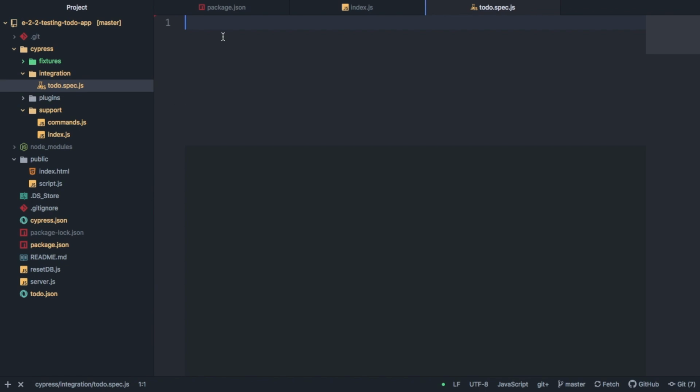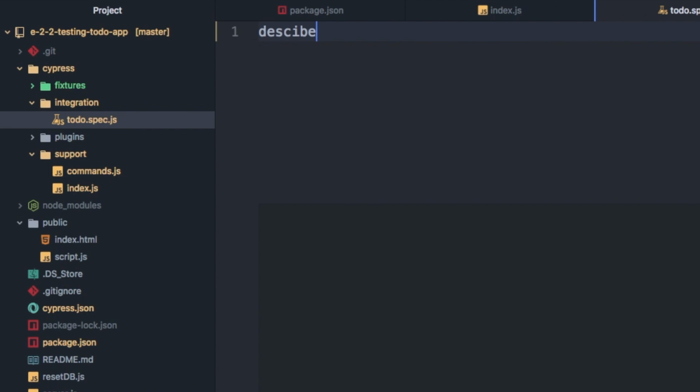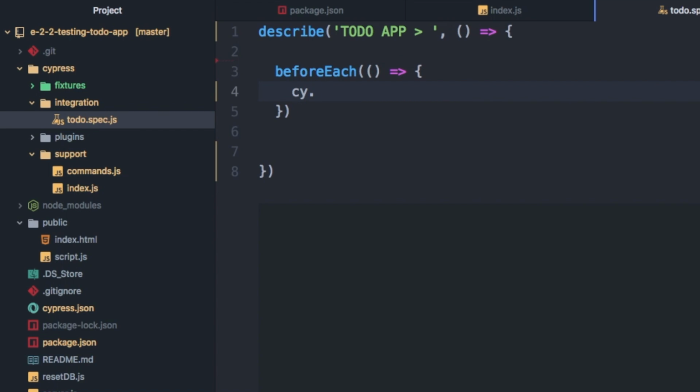So inside this todo.spec, Cypress uses Mocha globally, so we're able to use describe, which if you've ever used Mocha for testing, you'll know about. So we're going to give a description. We're just going to describe it as todo app. And now inside here, we're going to start writing our tests. So we're going to have a beforeEach again, and before each test, we basically just want to go to a page. So we want to go to cy.visit